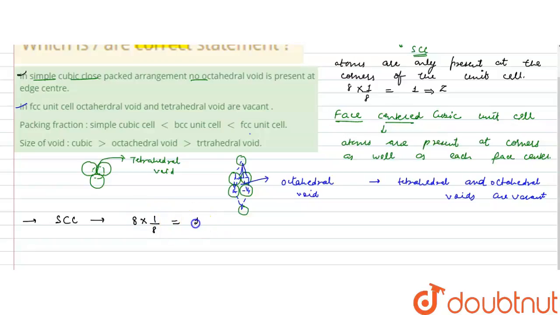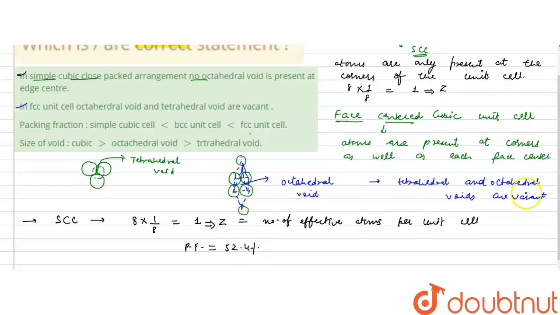So this will contribute 1, it means its number of effective atoms, that is Z, per unit cell, this is less because it is 1. So its packing fraction is less, and